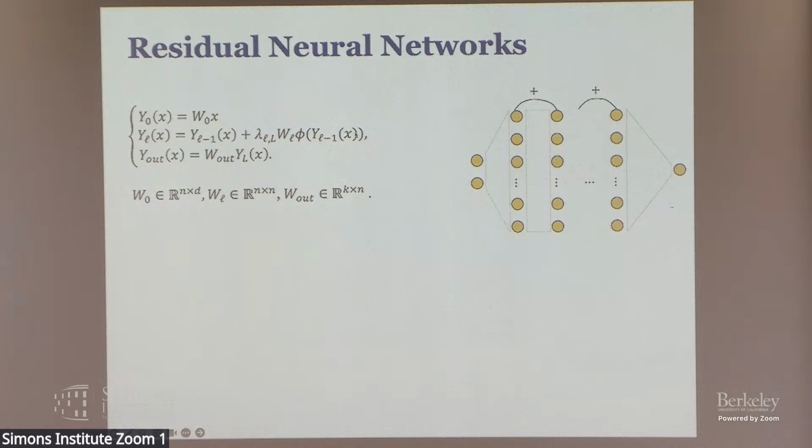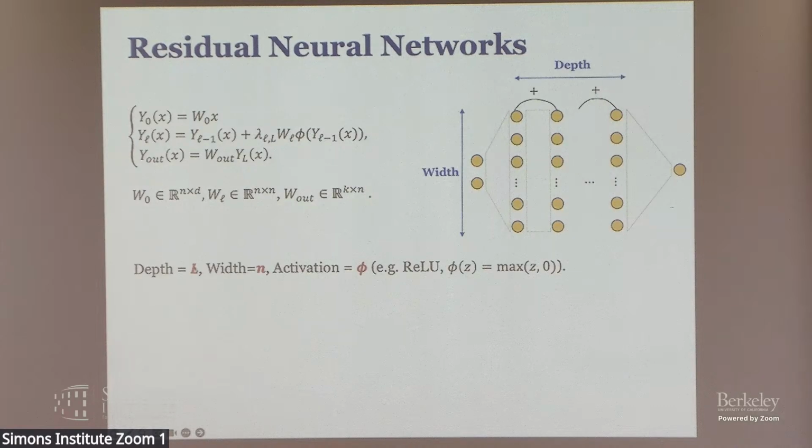Okay. So I'm going to call the number of hidden layers the depth, and the width is the embedding dimension, and the phi here is a nonlinearity called the activation. One of them is ReLU, the rectified linear unit, which takes just the maximum between z and 0. Oh, sorry, these are constants. Forgot to mention this. The lambdas here are constants. In practice, they're usually fixed to 1.